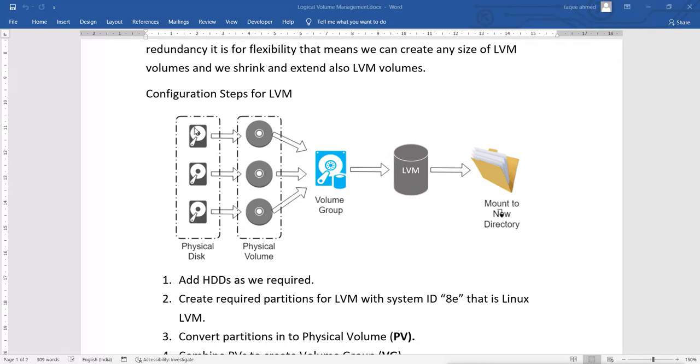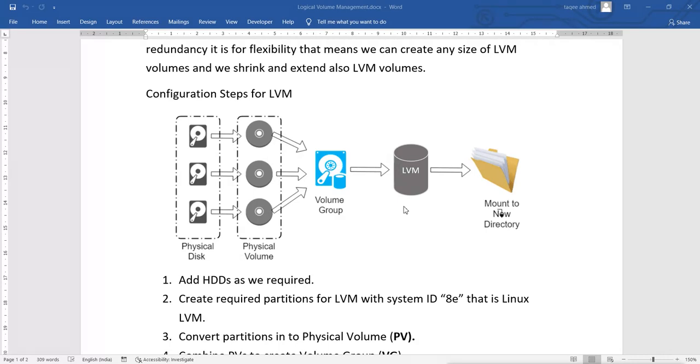and then combining those physical disks, we can create partitions from them. Either we can use a single disk, or we can use multiple disks. Using those disks, we create partitions and then convert them into physical volumes. After converting the physical volumes, we create the volume group from those physical volumes which we converted from the partitions. And after the volume group, we can create logical volumes from this volume group of any size.